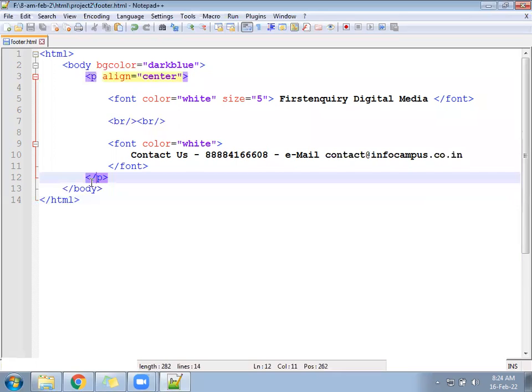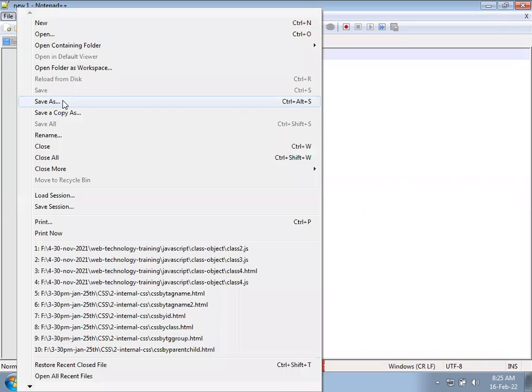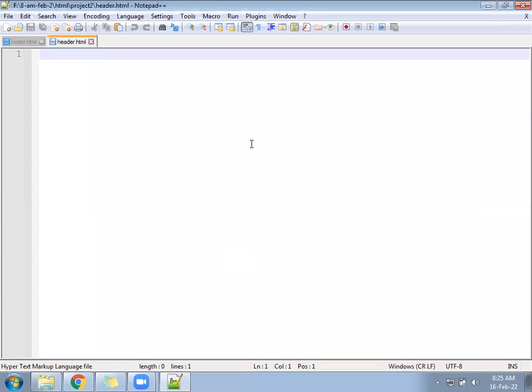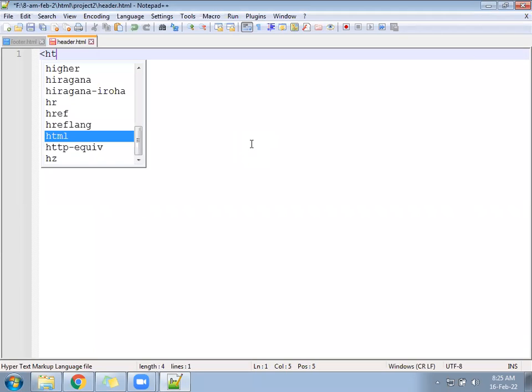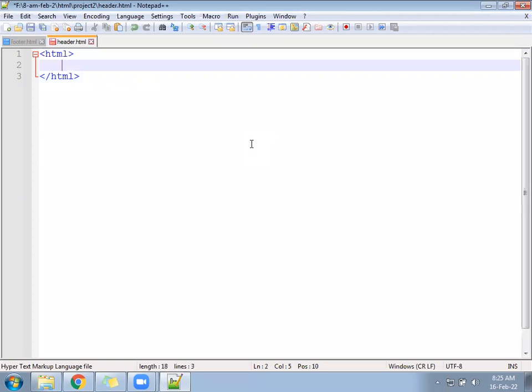Header.html. Footer is ready. Next file you create header.html. Header, H-E-A-D-E-R, header.html. In header.html again, you will have some hyperlinks. HTML, body,